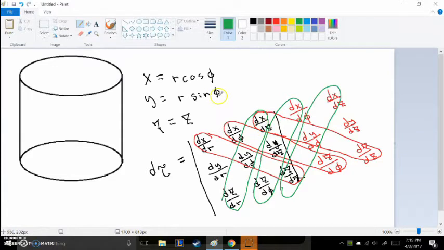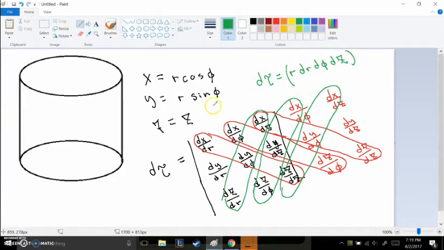And we're going to have to perform each of these derivatives. So for example here, we would do dx dr. So the derivative of this term with respect to r is cosine phi. And once you do all of these, you see that the tau is going to become r dr d phi dz. And what this means is when you're changing